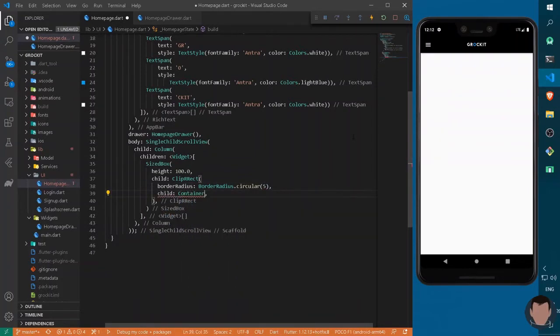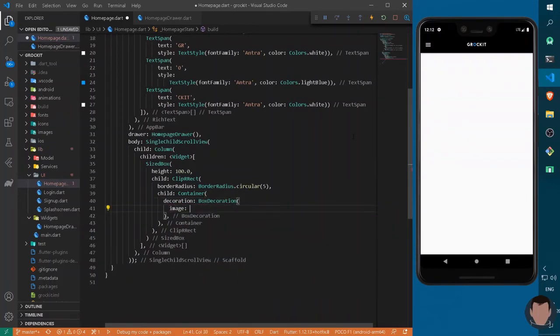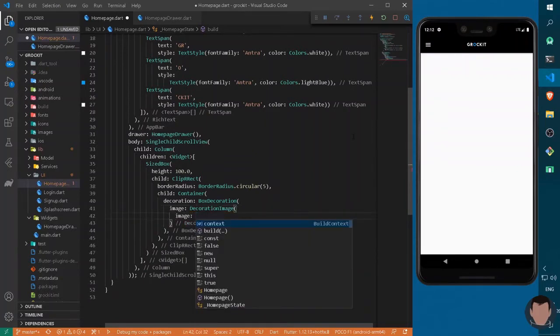Let's say it will have a decoration of BoxDecoration. It will have an image of DecorationImage. Now this decoration image will contain an image. It will be from asset, so it will be AssetImage.